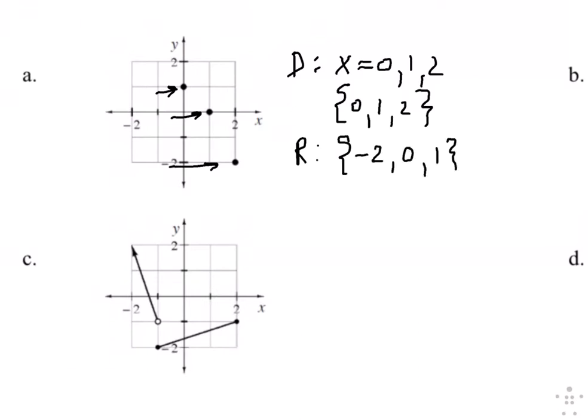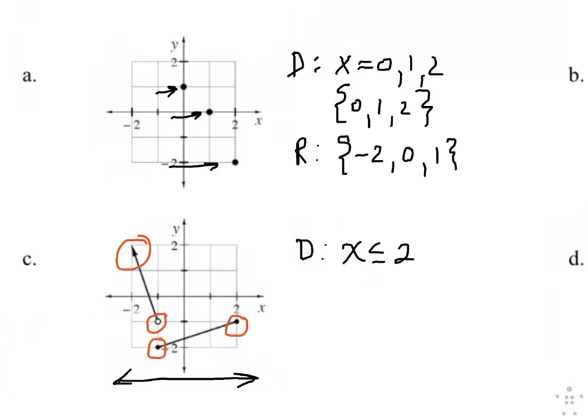Okay. For C, the domain, that's x values, right? So if I look this way, right, this is x, right? I see that this line, let me use red, this line is going to go to the left forever, right? This point isn't included, but it's included here. And then it goes all the way over to here to 2 and stops, right? So that means that x is less than or equal to 2, right? And